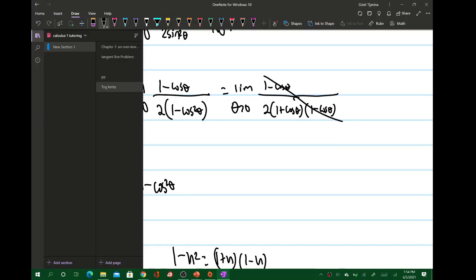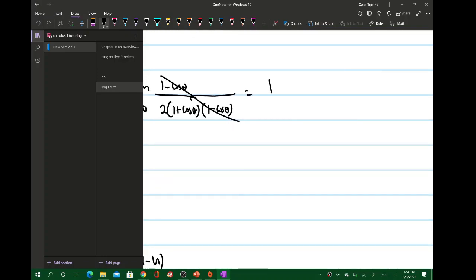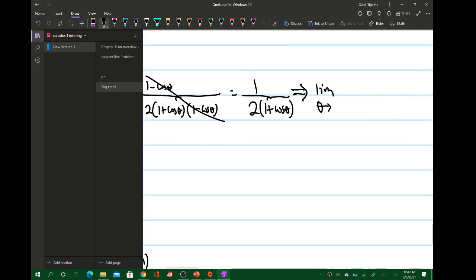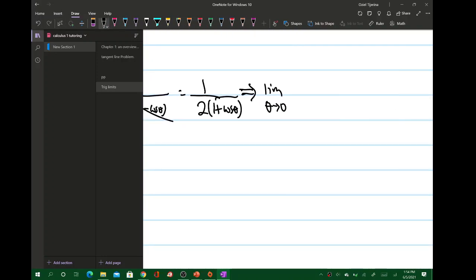Then you cancel this out, so you have 1 over 2 times (1 plus cosine theta). So the limit as theta approaches 0 of 1 over 2 times (1 plus cosine theta)